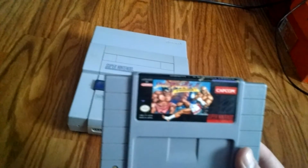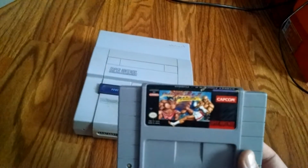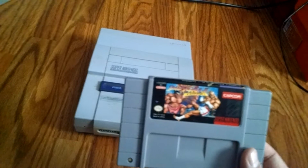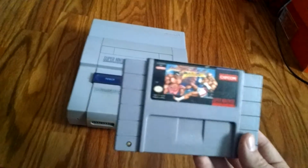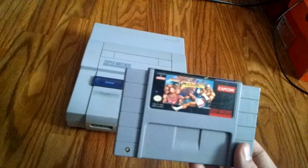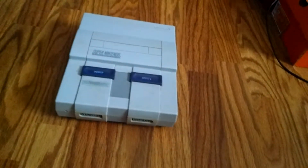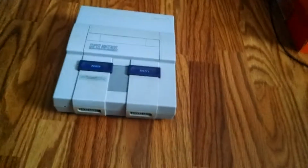Street Fighter 2 Turbo. I got this game from the flea market. Oh, it was a few years ago, I believe, for $15, but what sucks about it is it's just the same thing as Street Fighter 2, obviously, but just added characters, and they have like different costumes or whatever. But I like to spam Tiger Punch and whatnot, so